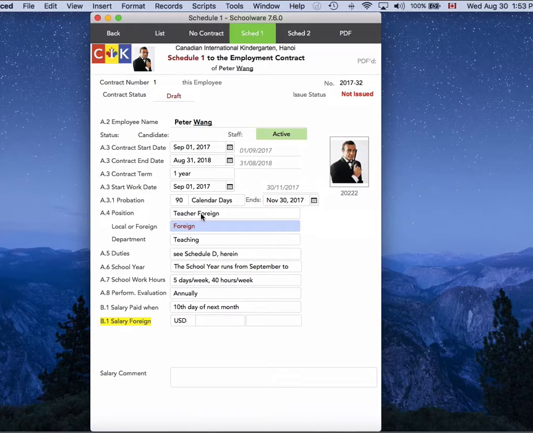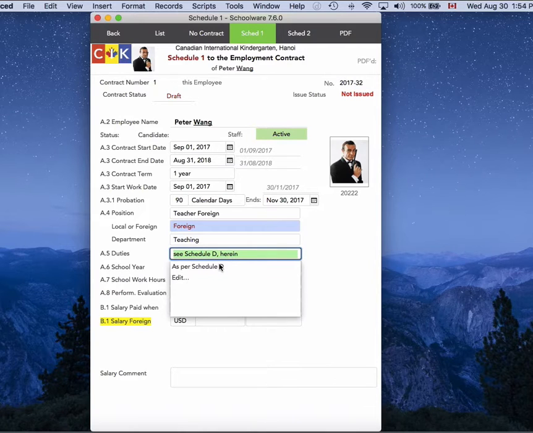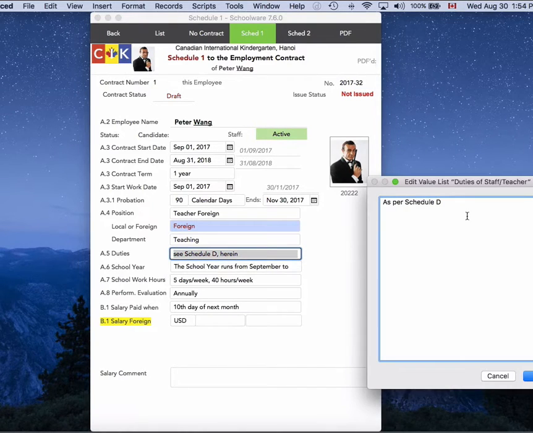The position was already set in the previous setup when you set the candidate or the staff up. So it's a teacher, foreign. Whether they are local or foreign basically determines their position here, and the department they're in is teaching. That's been preset. Their duties are shown as, in this case, we actually just changed that, so I'm going to